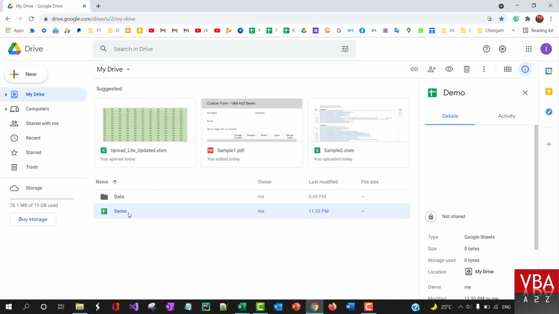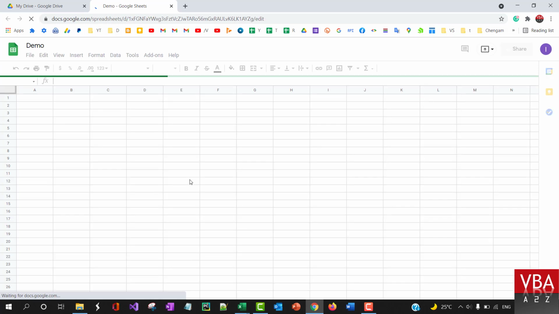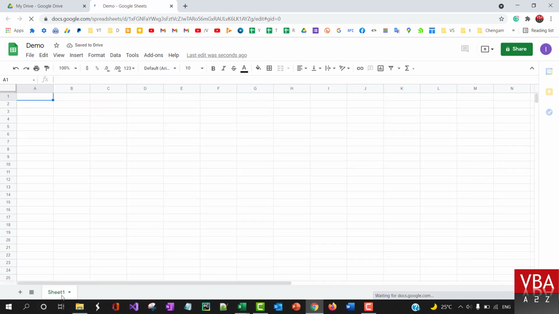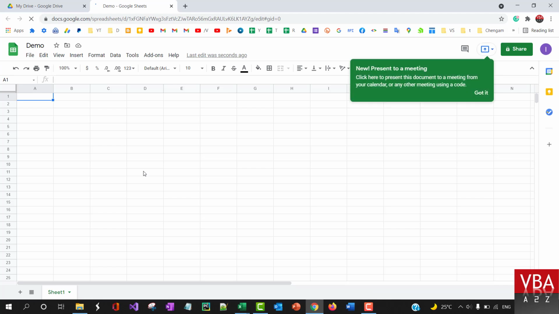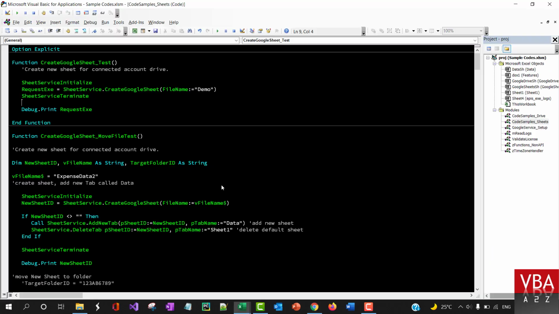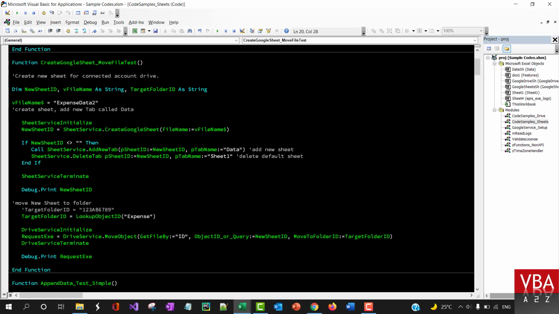So you'll see a demo file here has been created, and then automatically by default Sheet1 is added as a tab name. Okay, now let's say that this example here demonstrates creating a new file called expense2. You don't always have to pass the methods in this way. The good thing about this is that you specify a variable and then you call a method, so when it returns a value you can use that to utilize it somewhere else, or to track it or log it,